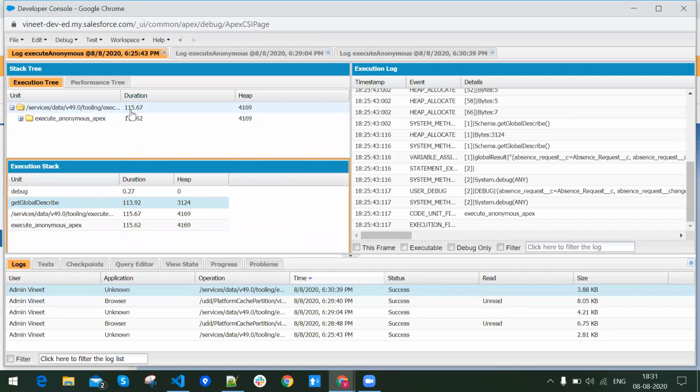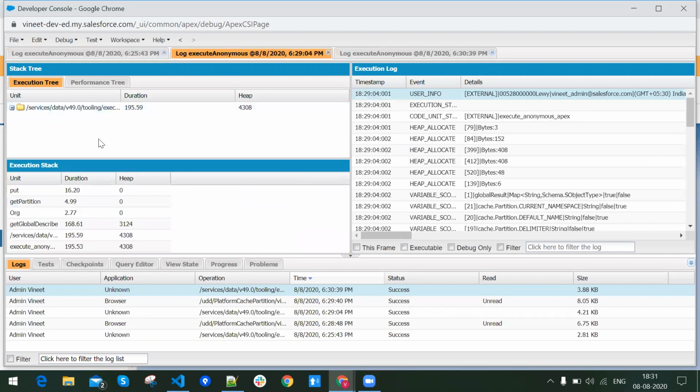When I did the query like schema.get describe call, I got the duration as 115 milliseconds, and the first time I'm putting the data as 195 milliseconds, it took more than that. But after that, when I use it the second time, it means it has been stored into the cache, so I'm getting the data directly from the cache. I'm not doing the describe call. I'm just getting the data from here, and the duration of that is 64 milliseconds,